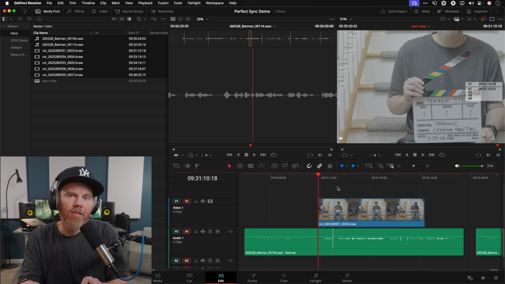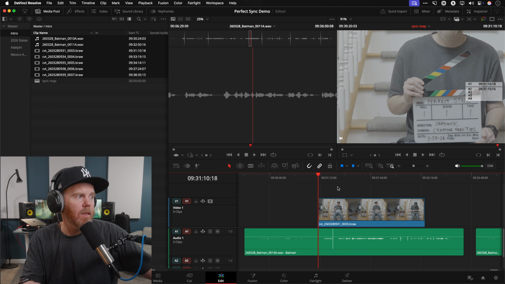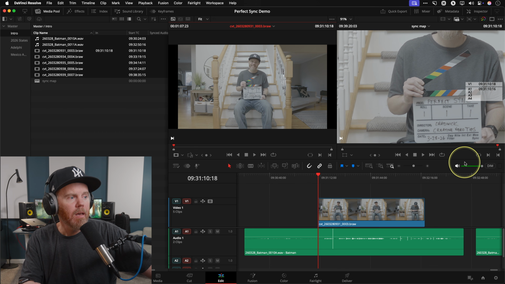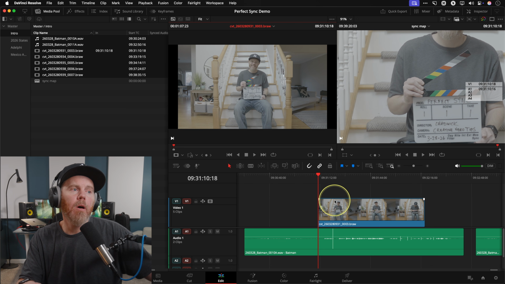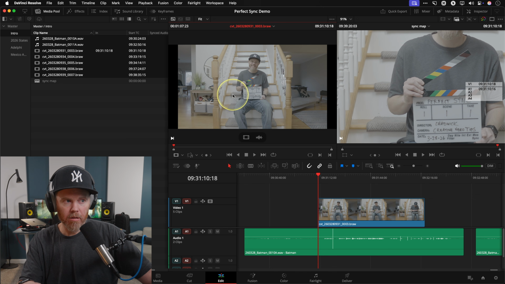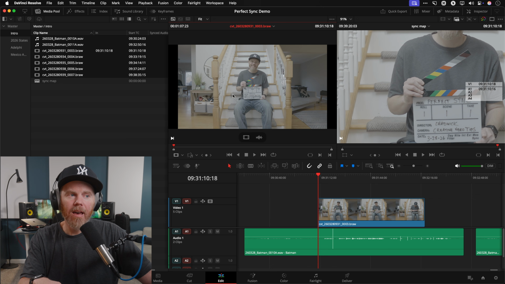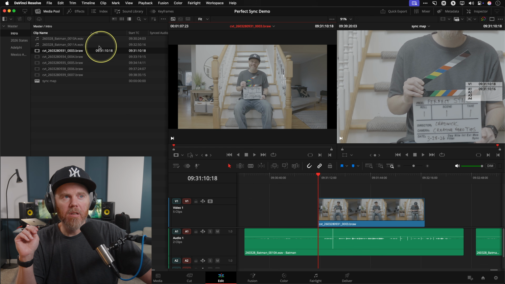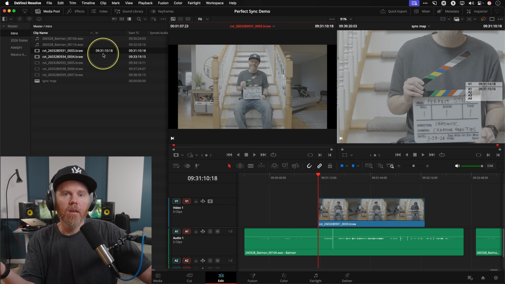I'm hitting F for match frame. That's also known as this button right here, right next to your mark in and out on the timeline. So F or click that button. And that essentially calls up this clip on the exact frame in the source monitor. Then I'm going to mark an I for endpoint on this clip. And then I need to find this in the media pool. That's what I set to Option or Alt F. So you see it's basically marked this into the media pool. There's our source timecode. If you're coming from Avid, this is probably very familiar to you. If you're not,